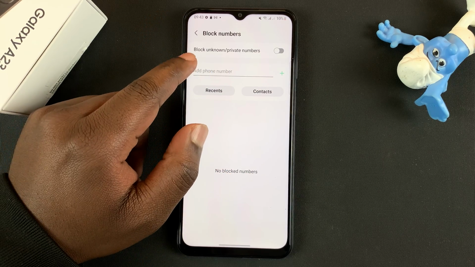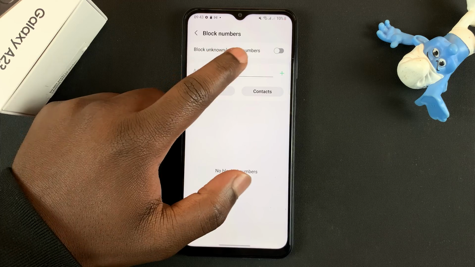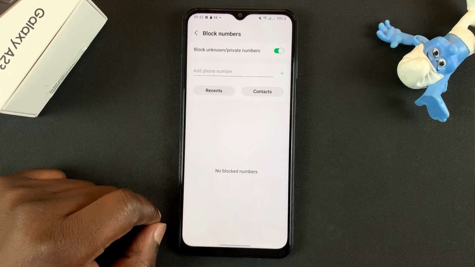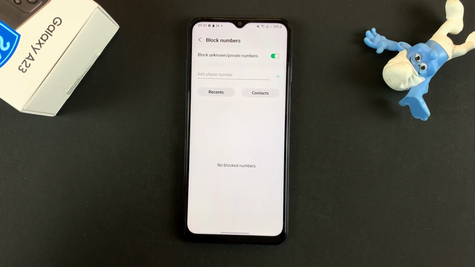But if you want to block all unknown and private numbers, simply enable that. And that's going to block all numbers that are unknown and numbers whose user ID or caller ID has been